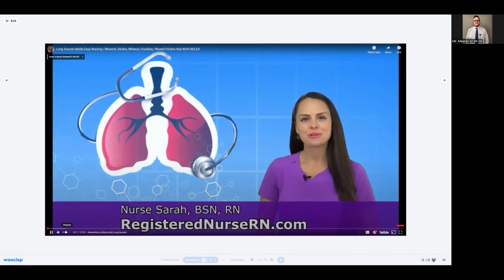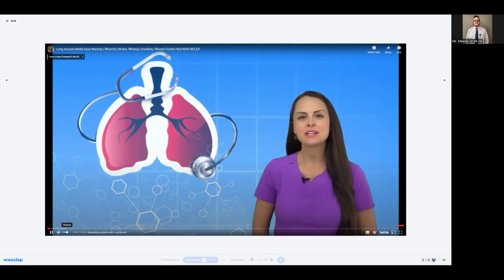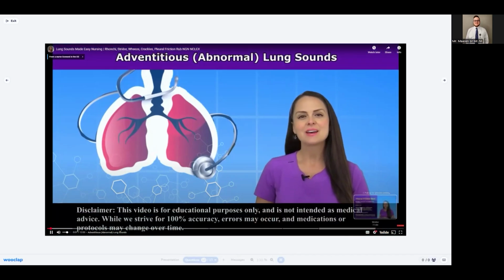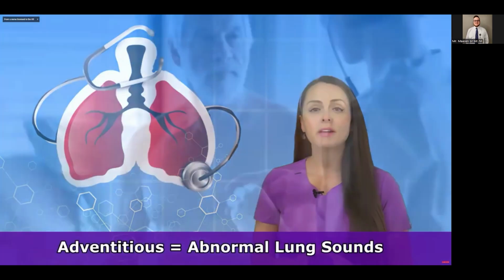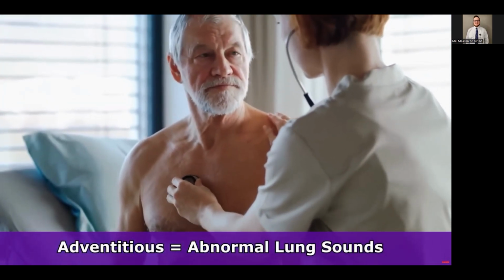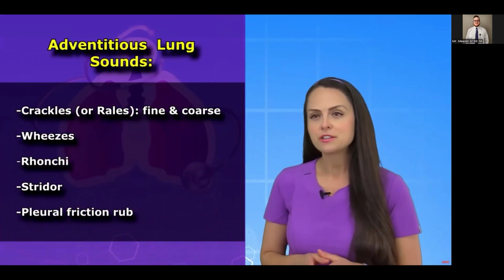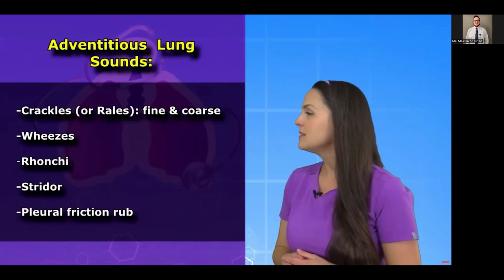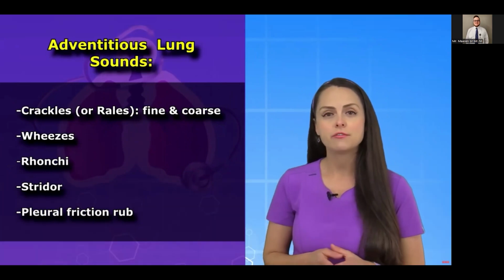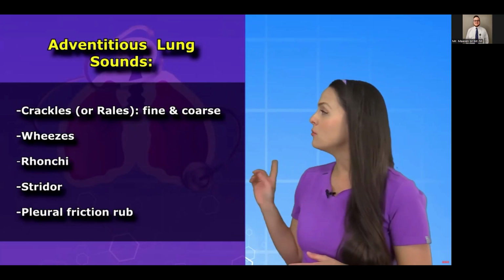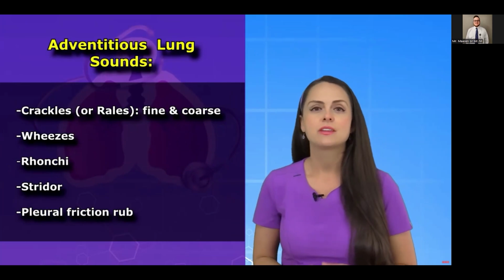Hey everyone, it's Sarah with RegisteredNurseRN.com, and in this video I'm going to talk about the different types of adventitious lung sounds. So let's get started. Adventitious lung sounds are abnormal sounds that you hear during auscultation that shouldn't be there. And I want to cover 5 main types that you want to be familiar with. The first type is known as crackles. These are also sometimes called rales, and you can further divide them into fine crackles and coarse crackles. There's also wheezes, rhonchi, stridor,